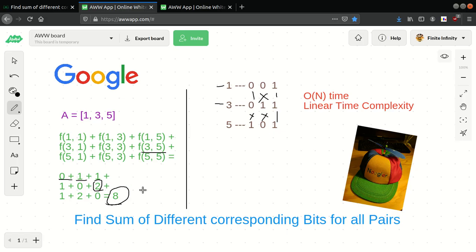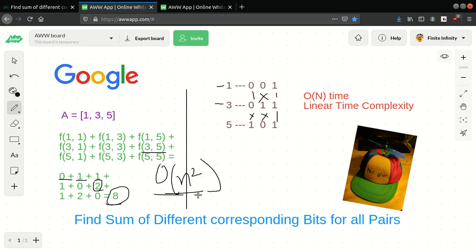Okay, so most of you are thinking that this can be easily done in O of n square time complexity by just making all possible pairs and checking the different corresponding bits in O of constant time.